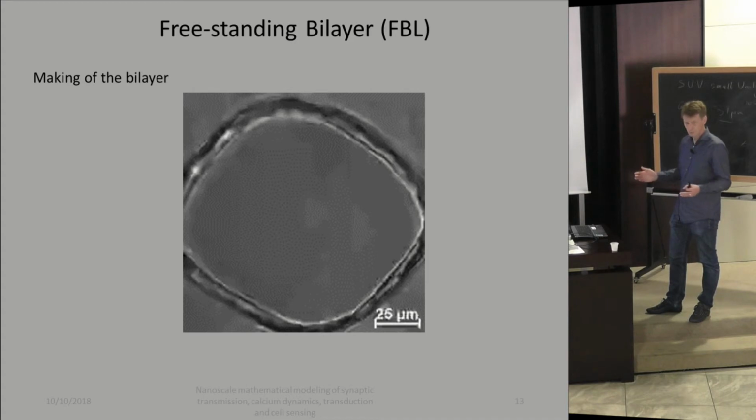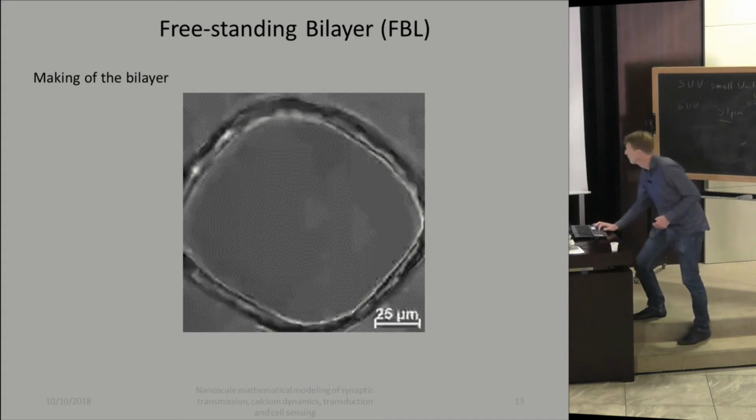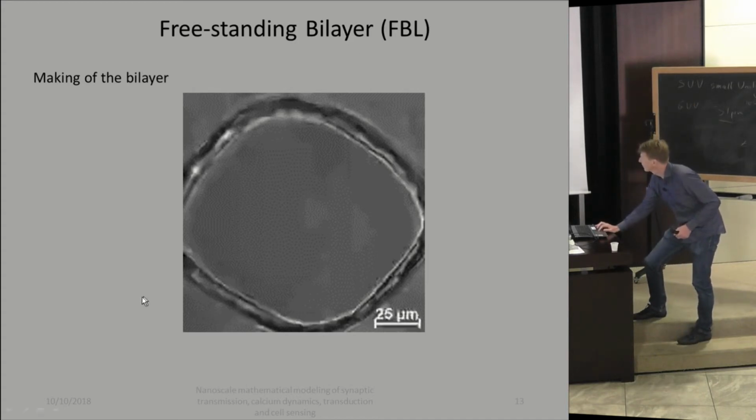Then if we continue and look at it optically, here is what's going to happen. So this movie it's very accelerated. Overall, it's typically an hour and a half or 2 hours.